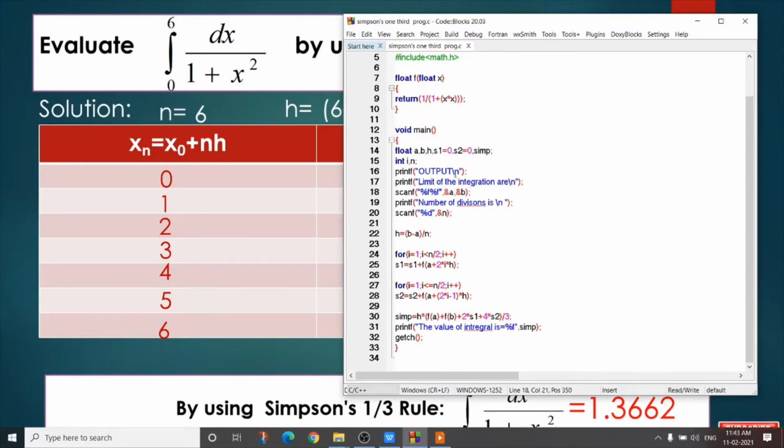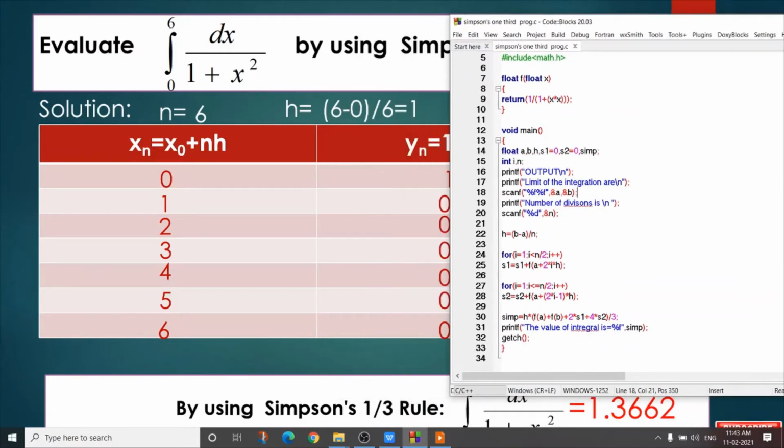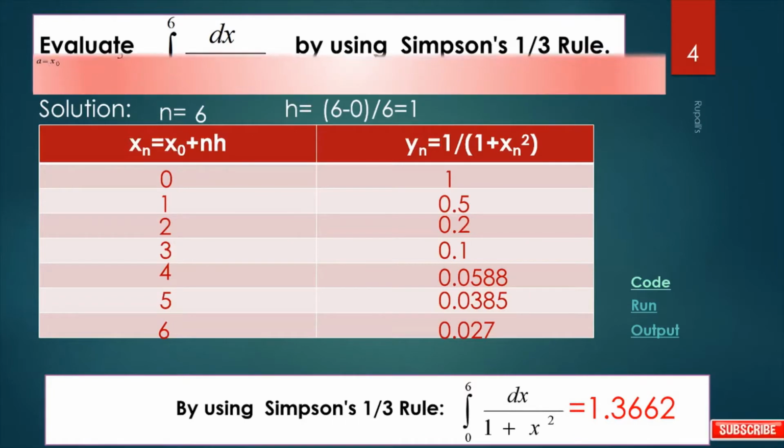So I take the values a and b, where a is 0 and b is 6. Now take the number of divisions. Here the value of n is 6. Now calculate the value h. h equals b minus a by n. That is 1.